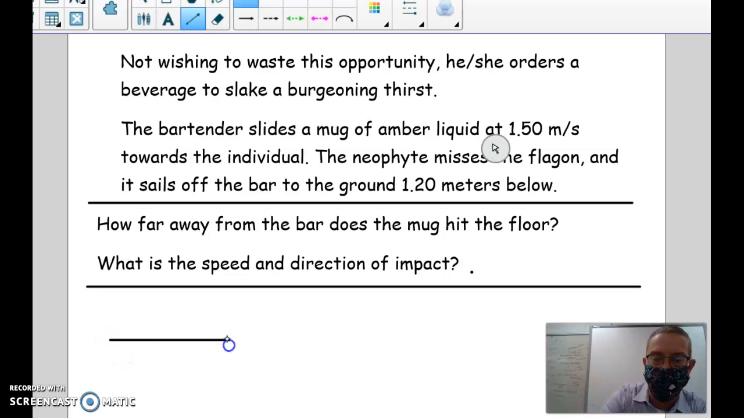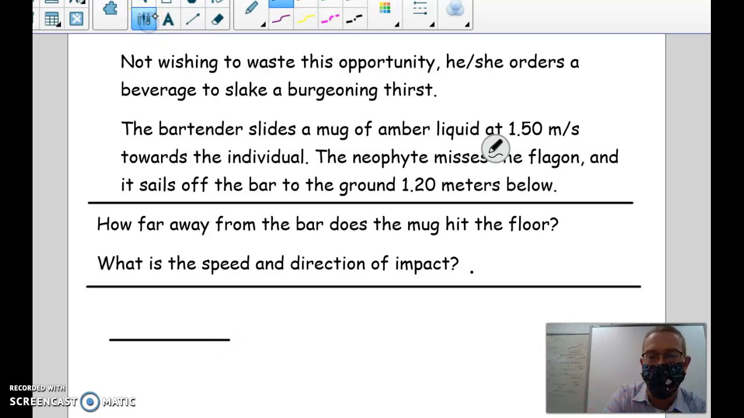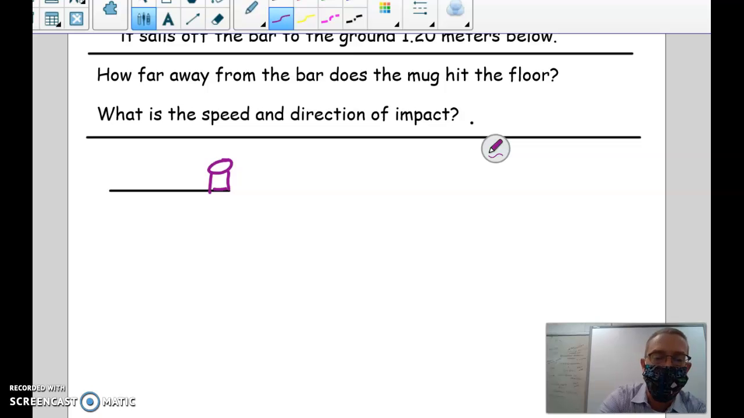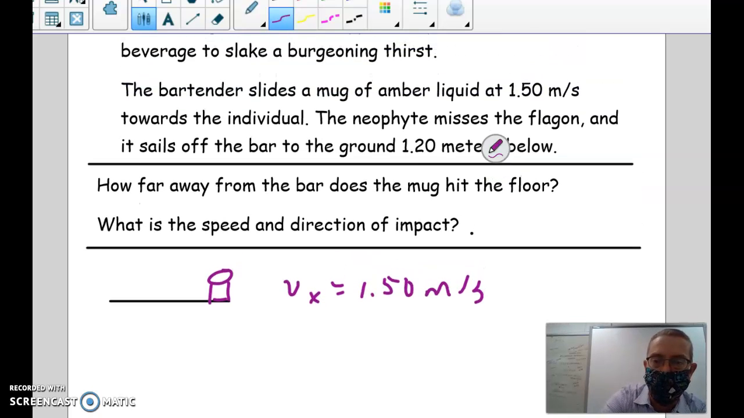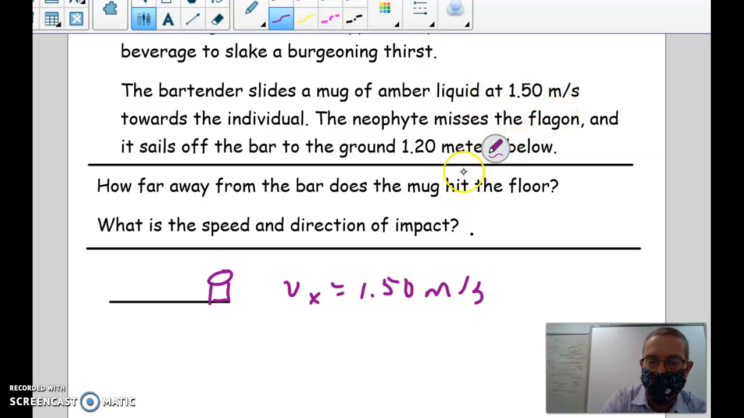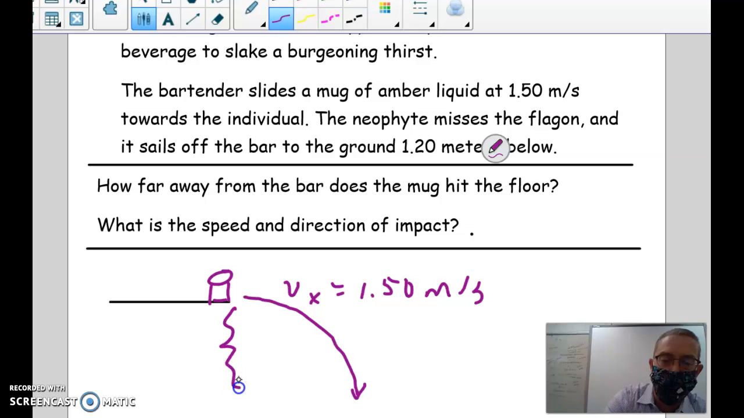They're going to slide this flask off this counter, and we'll make this flask right here, and they're going to give some initial values here. Okay, so they say that this flask is traveling at a Vx of 1.50 meters per second. We are getting that from right here. Okay, and it's going to sail off the counter. We know that it's going to describe a parabola as it goes here, and it's going to strike